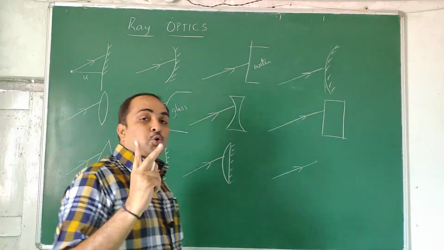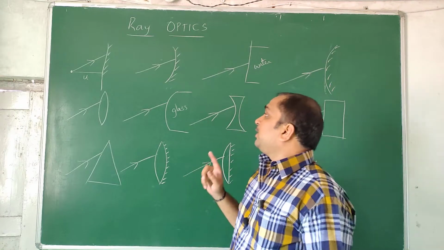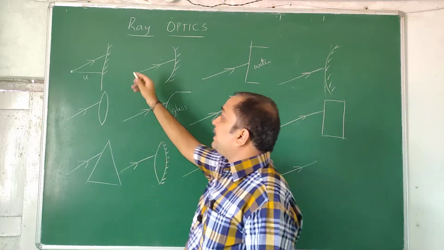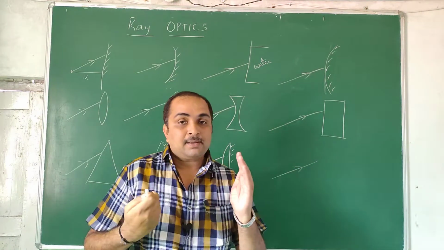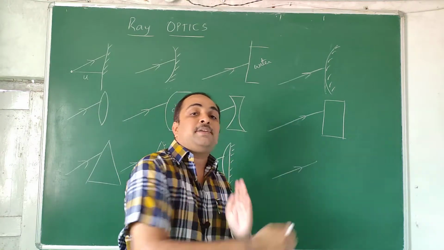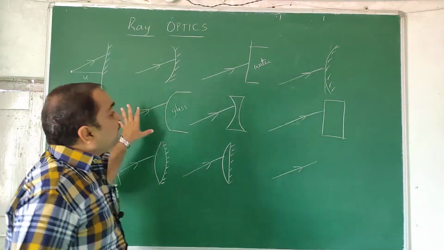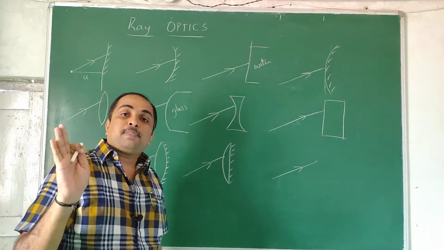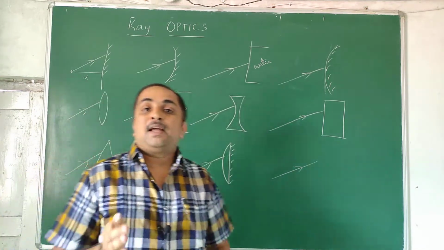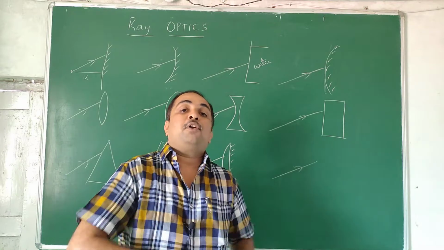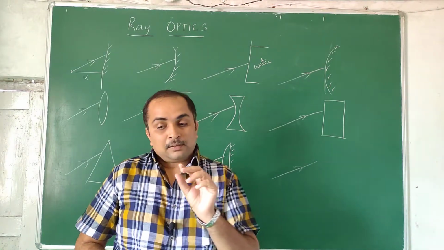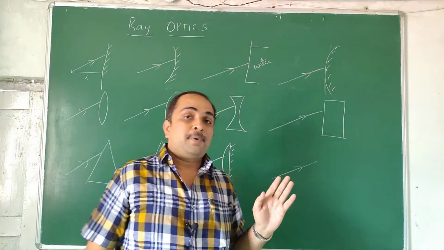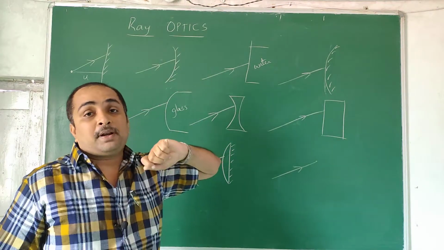So philosophically we put two questions only: if light is reflected, what happens? If light is refracted, what happens? Some things we deal with are the light ray hitting and coming back. Some things we talk about are the light ray hitting and passing into the medium. So however many more are going to come, however many there are, we segregate them into two parts. The phenomena encountered by reflection are followed by the reflection laws. The phenomena encountered by refraction are followed by the refraction laws. So reflection along with the geometry of what is happening, refraction along with the geometry. That's why this chapter is not only called ray optics but also geometrical optics.